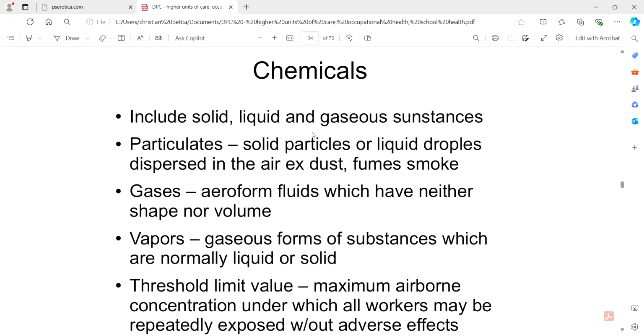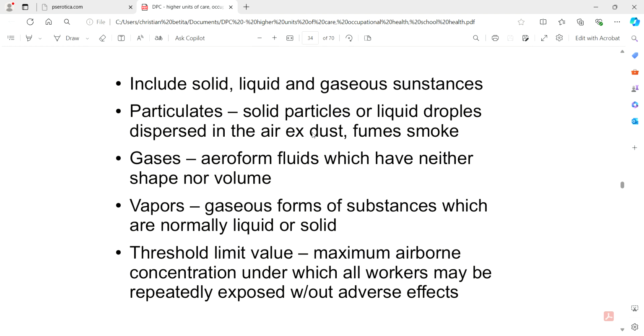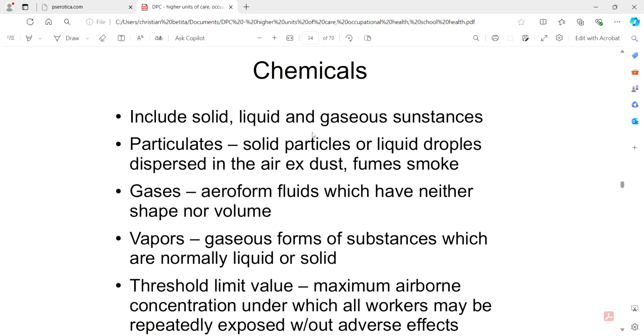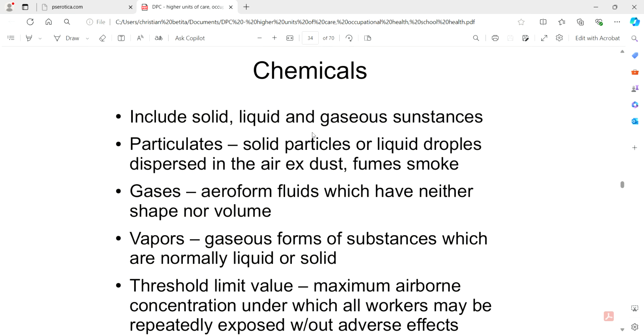So gases, including aeriform liquids, which have neither shape nor volume. So examples would be things like benzene, toluene, yung mga hydrocarbons, yung mga organic fumes, etc. Vapors, these are gaseous forms of substances which are normally liquid or solid. And usually, kasi when we deal with chemical hazards, we are looking at the threshold limit value. So threshold limit value is the maximum airborne concentration under which all workers may be repeatedly exposed without any adverse